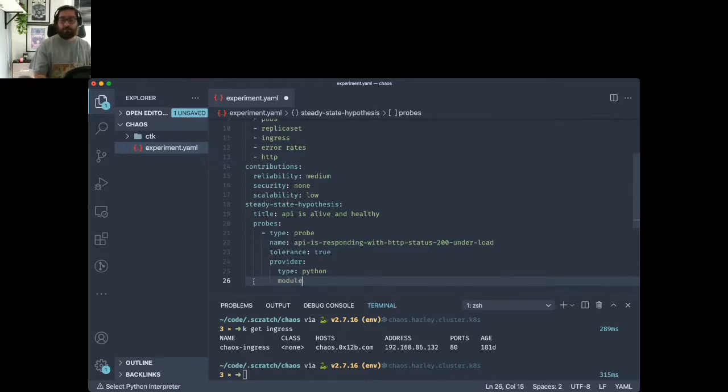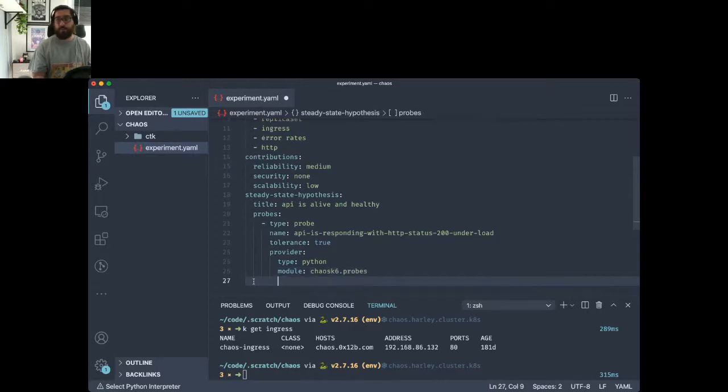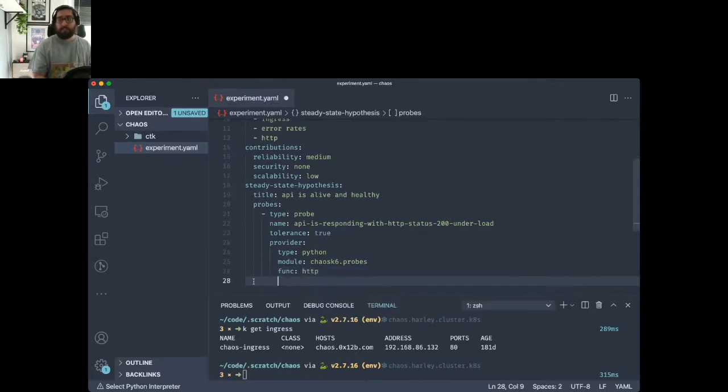And we're going to use a module that I built myself called Chaos K6. And we're going to use the module probes from that package. And we will use the HTTP function of the probes module.